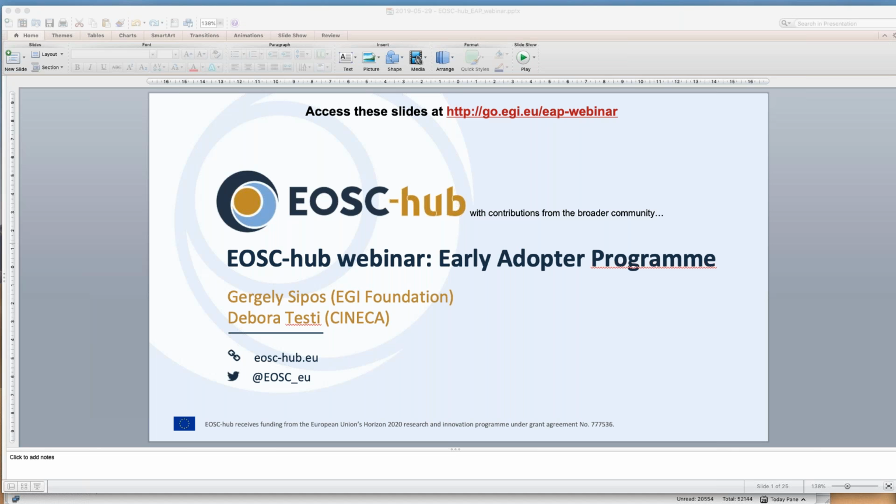What technologies they use and what funding they use for that particular work, I don't know. But if you drop me an email, you can find my email address by Googling my name, gergely.sipos@EGI.eu, and then I can connect you with the representatives of that community so you can explore that. Okay, thank you very much. You're welcome.